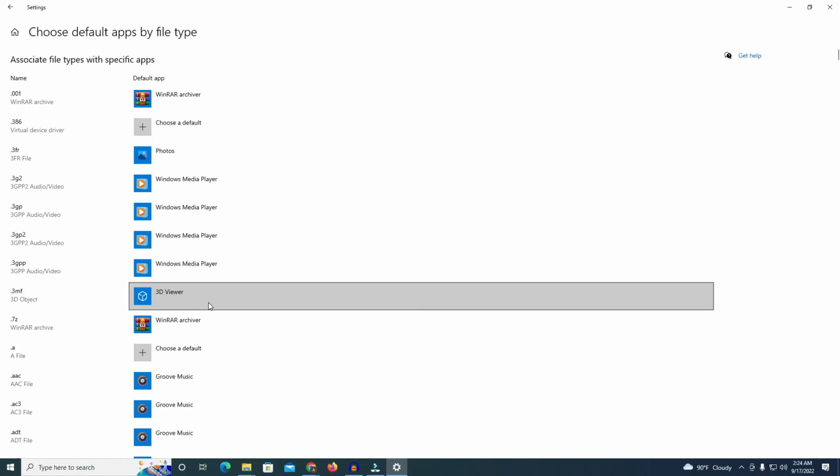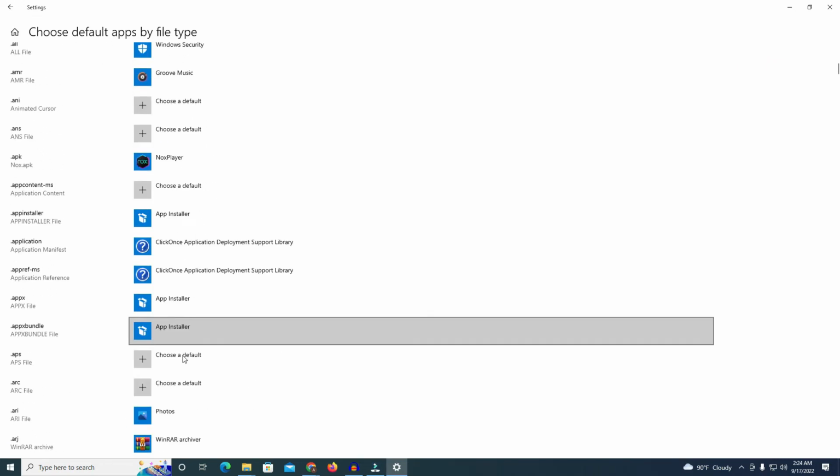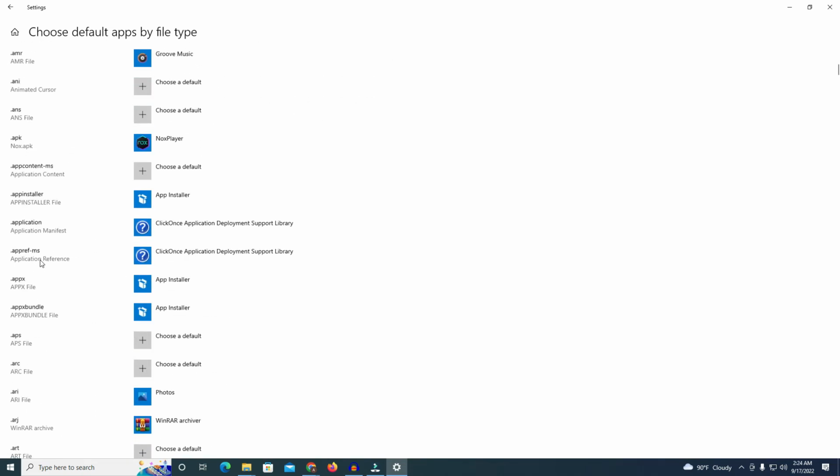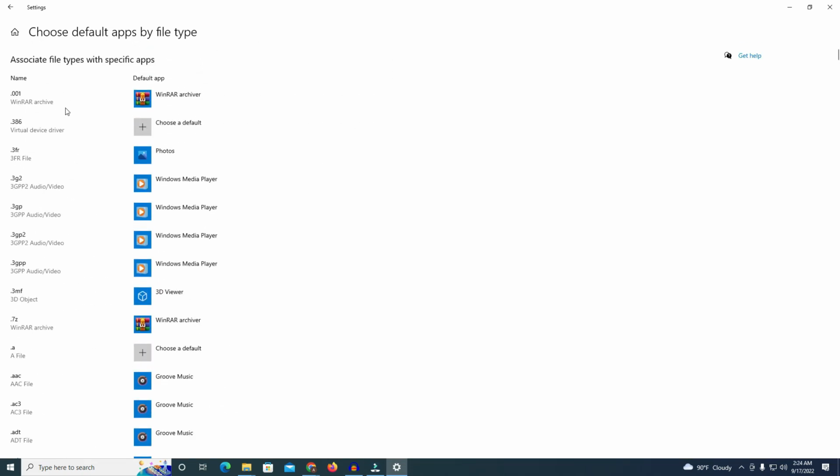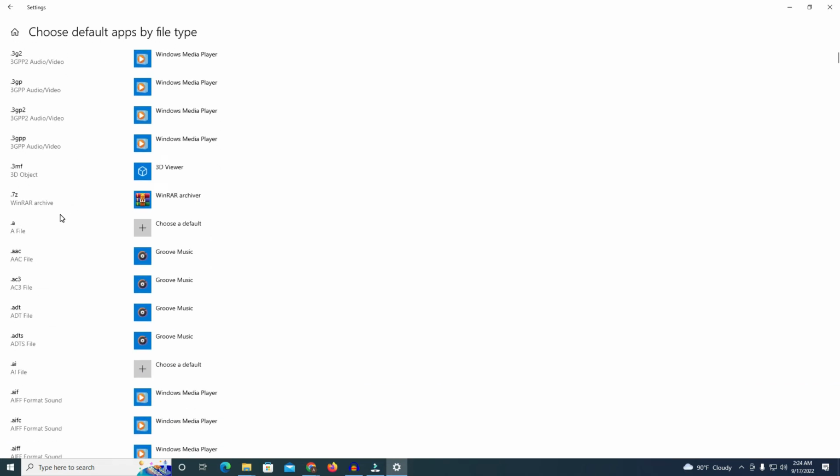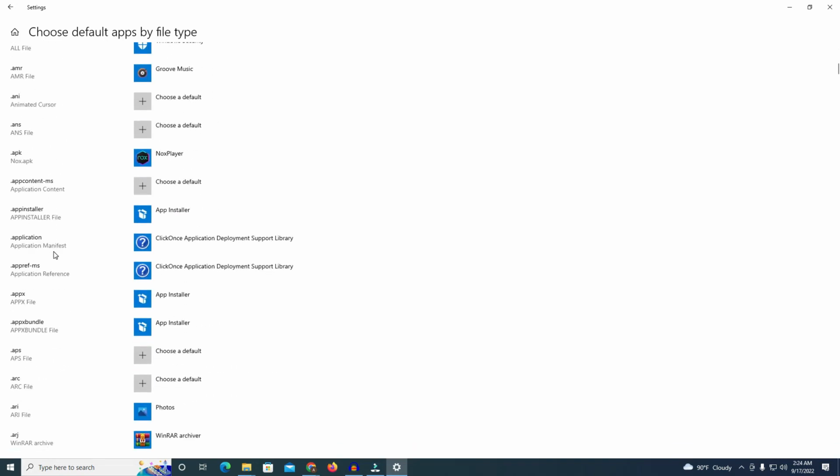like .docx for a document file, .xlsx for the Microsoft Excel file. In this way, every file has an extension, and which extension we want to open with another app. You will see that every extension is mentioned on the left side of the search. If I find the .mp3,